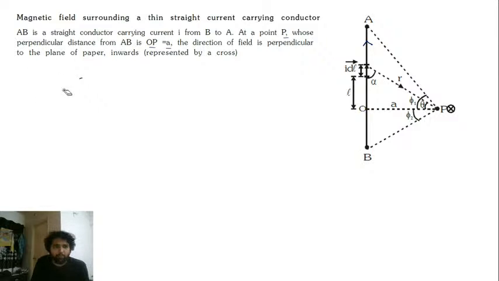I'll write it in a much simpler method because now it will be easier to solve it. So dB will be defined as mu naught by 4 pi, which is always there, into I into dl by R square